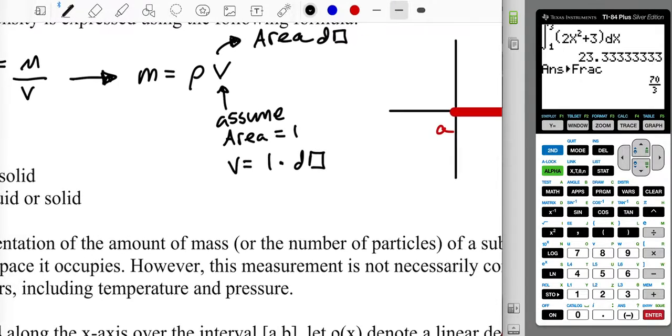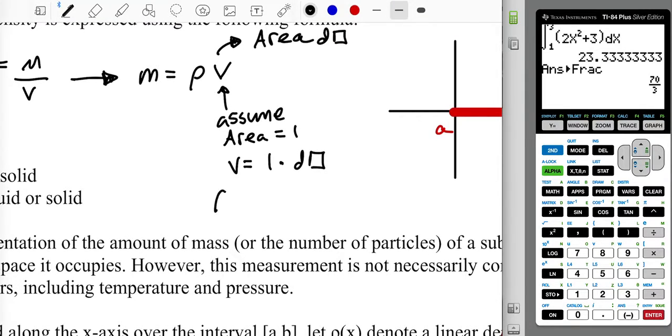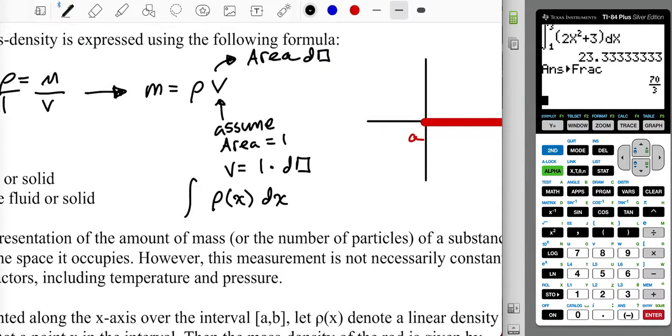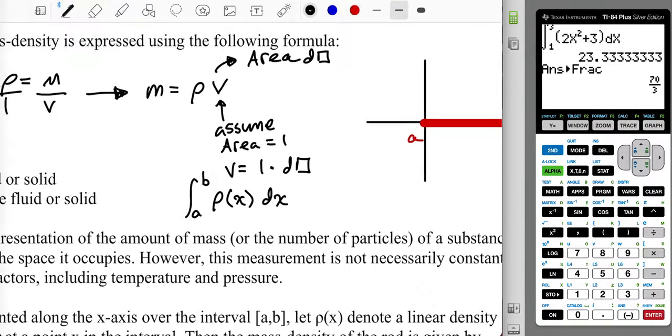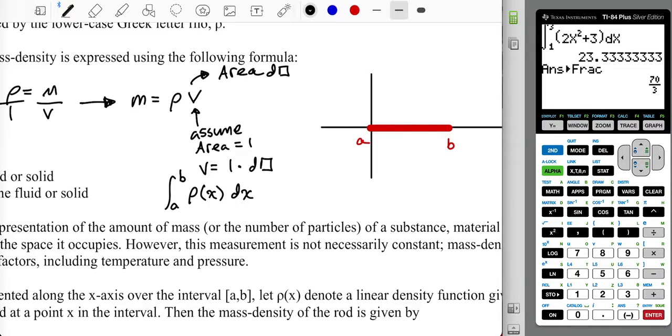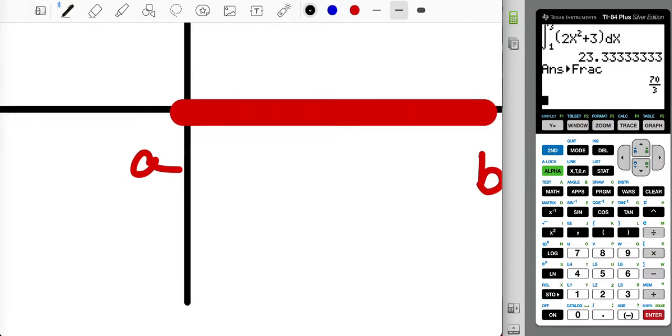All right. And so if we're going with rho of x, then it would make sense to go with a dx. And this would be happening over the interval of a to b. So then the question would be, well, how on earth could you assume that the area is equal to 1? Well, we got to assume it's equal to something. It's a thin rod. So we know the thickness is going to be accounted for